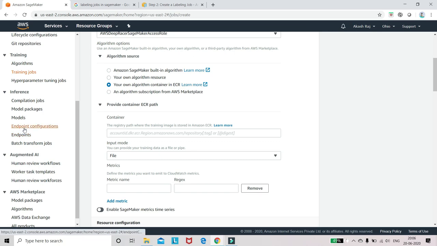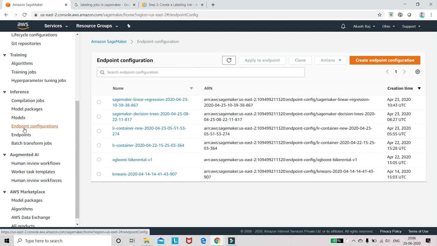So this is endpoint. Endpoints are nothing but an EC2 instance which is managed by AWS SageMaker, which will host your models. Meaning the pickle files which you have created after completing the training job will be present in this endpoint instance, and there will be one Nginx server, which will be handling the HTTP request coming to it, and give the prediction output. So all this will happen using some other services called Lambda and API Gateway, which we will look at.